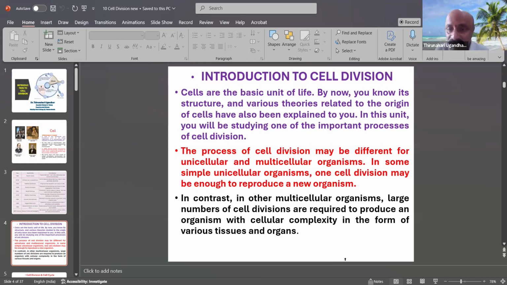The process of cell division may be different in unicellular and multicellular organisms. In some simple unicellular organisms, one cell division may be enough to produce new organisms. For example, Pandorina, Eudorina, Euglena, amoeba, which are single-cell organisms or unicellular organisms. It contrasts with other multicellular organisms, where a large number of cell divisions are required to produce an organism with cellular complexity in the form of